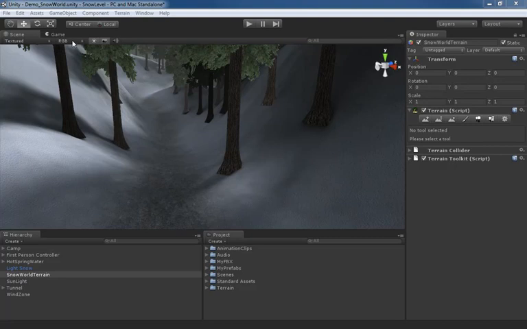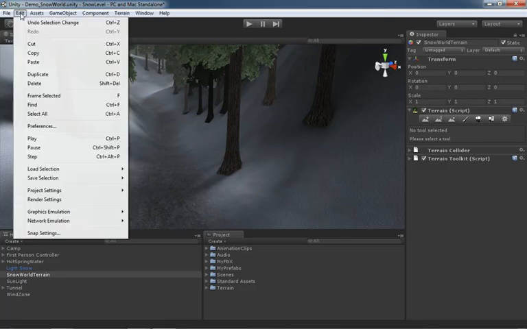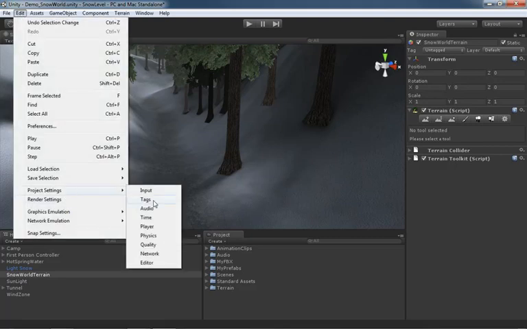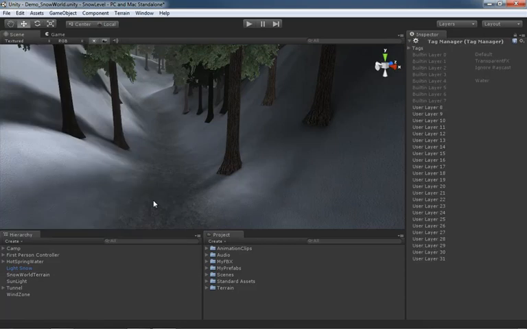Alright, continuing down our project settings, let's go under Edit, jump down to Project Settings, and our second entry is Tags. Now what this is going to do is bring up the Tag Manager over here inside the inspector. And the Tag Manager does a couple of things. It gives us access to the tags in our scene as well as layers. So even though the name of it is the Tag Manager, it also allows us to manage our layers as